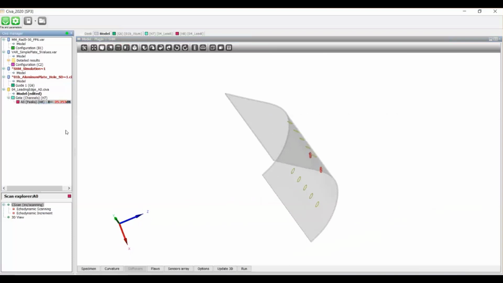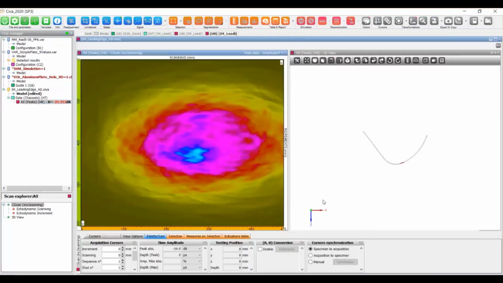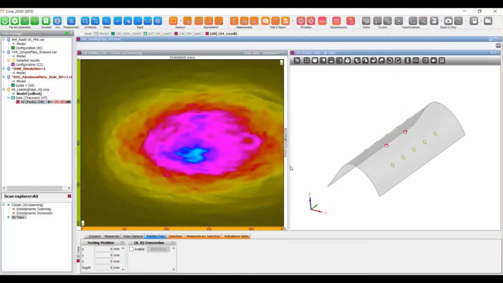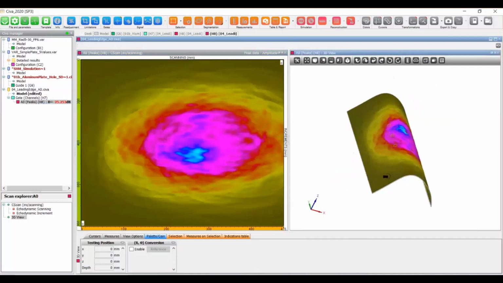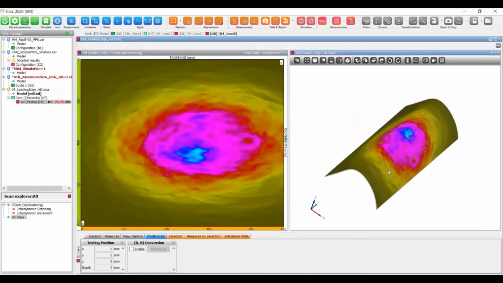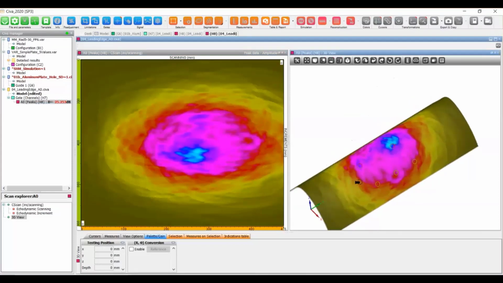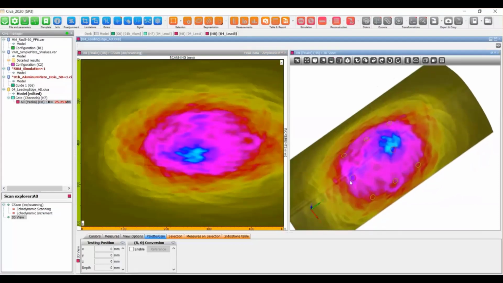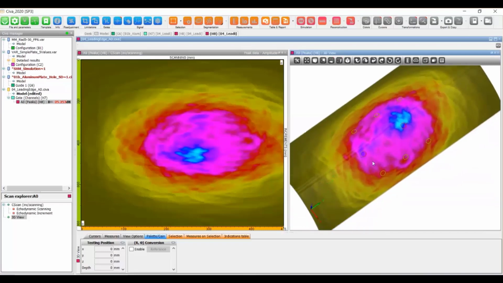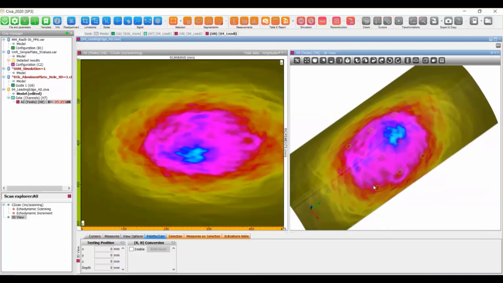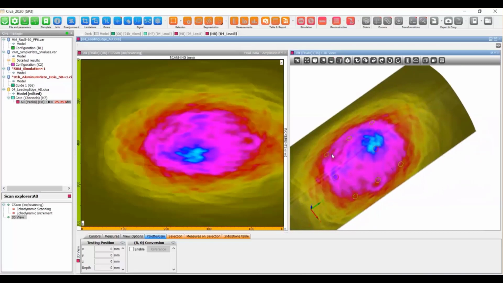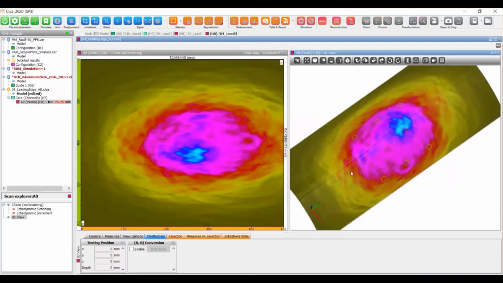Okay, let's see the obtained reconstruction images. So it's again a question of maybe 1 hour of simulation to obtain this. Okay, you can notice here that this defect is poorly seen, probably due to the fact that it's just close to two sensors, but far from the center of the sensors distribution. So you may here identify the necessity to have more sensors around the defect to be able to detect it.